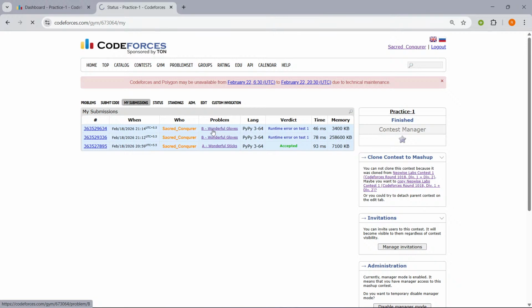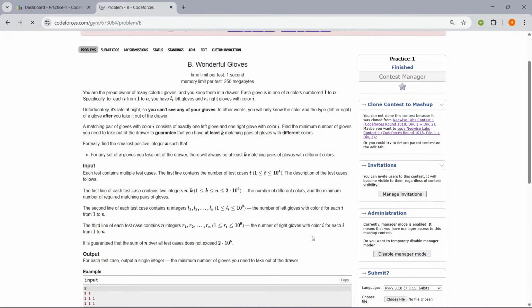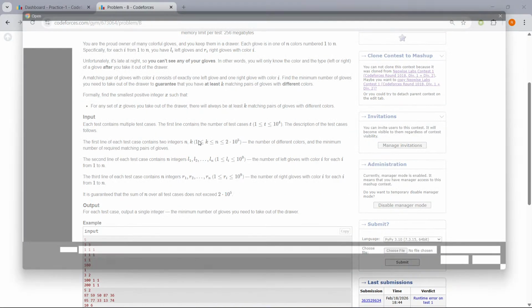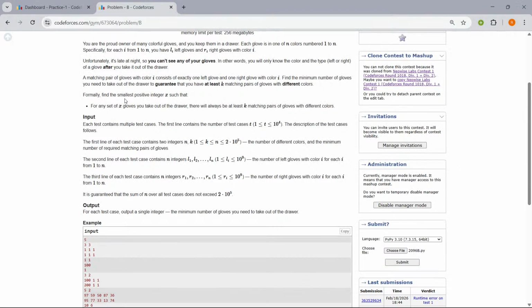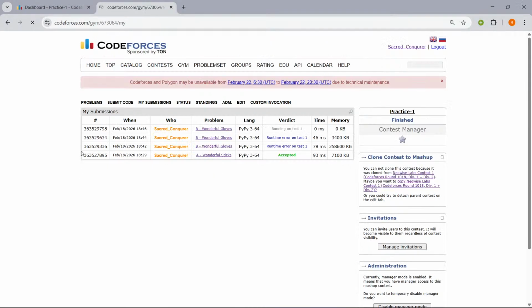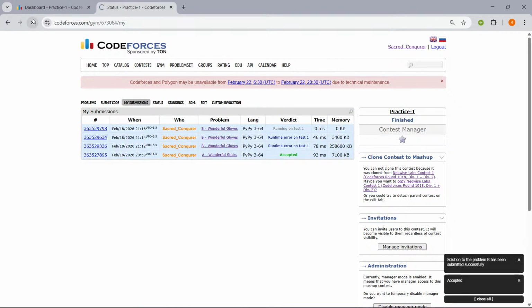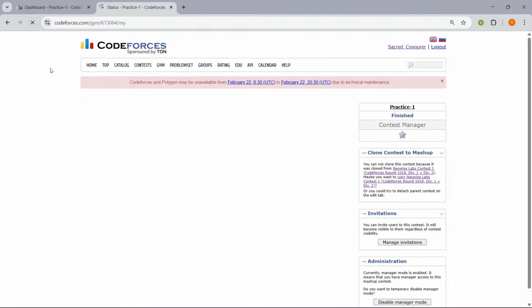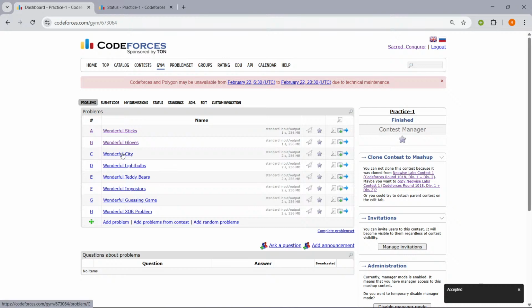We'll resubmit the code. Choose file. Okay, sure, it's accepted. We'll go to C.